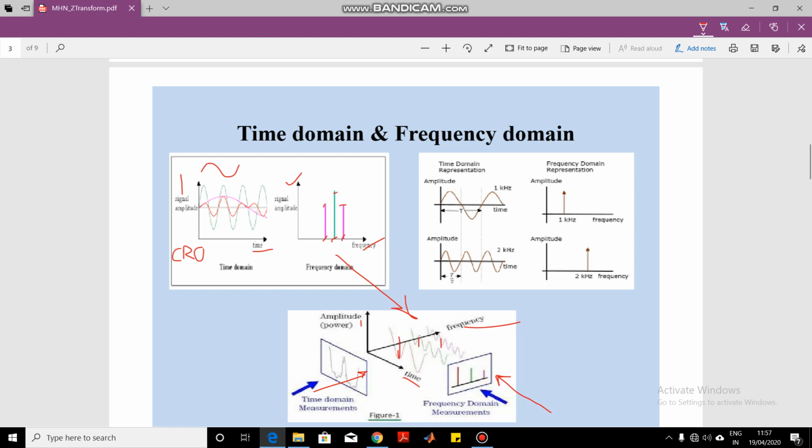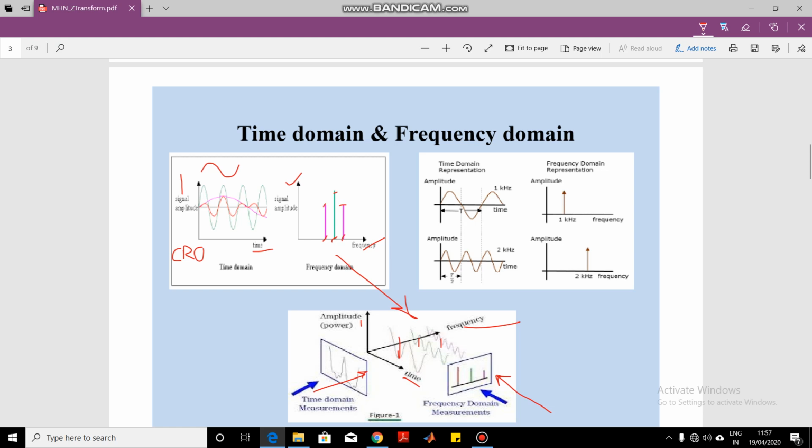So why do we need to observe the signals in the frequency domain? Because looking at the signal just in the time domain, we will not be able to find out the constituents of those signals, because a signal may be made up of so many different signals coming together. Like a signal may be an addition of two or three signals, but when you see a complex waveform, you just see a signal, so you cannot differentiate between its constituent components, you cannot identify the different signals which added together became the composite signal.